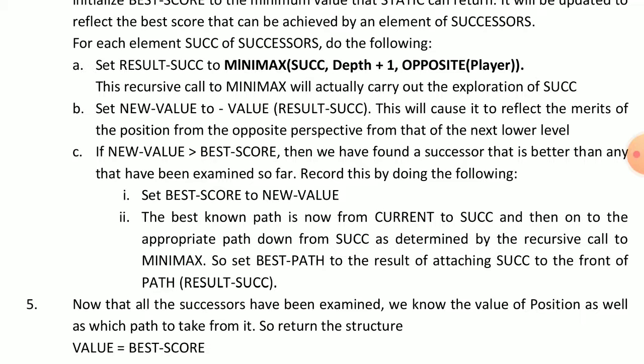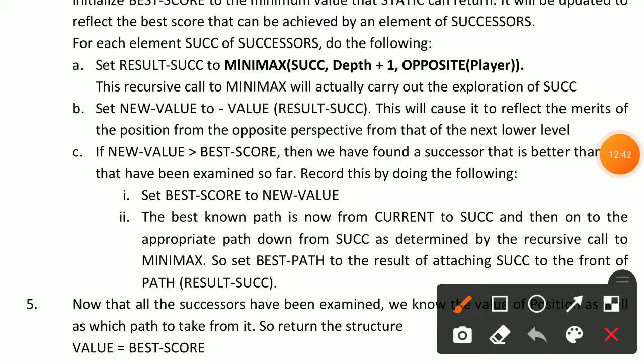Then you and your opposite player are present, and you can play the game, and only one player is the winner at a time. So here we can find out the result of successor by using the Minimax algorithm.